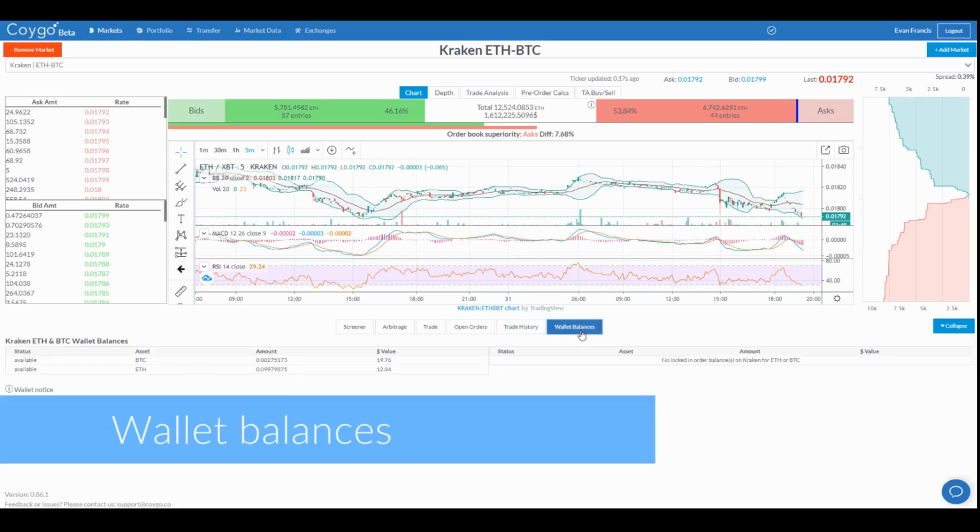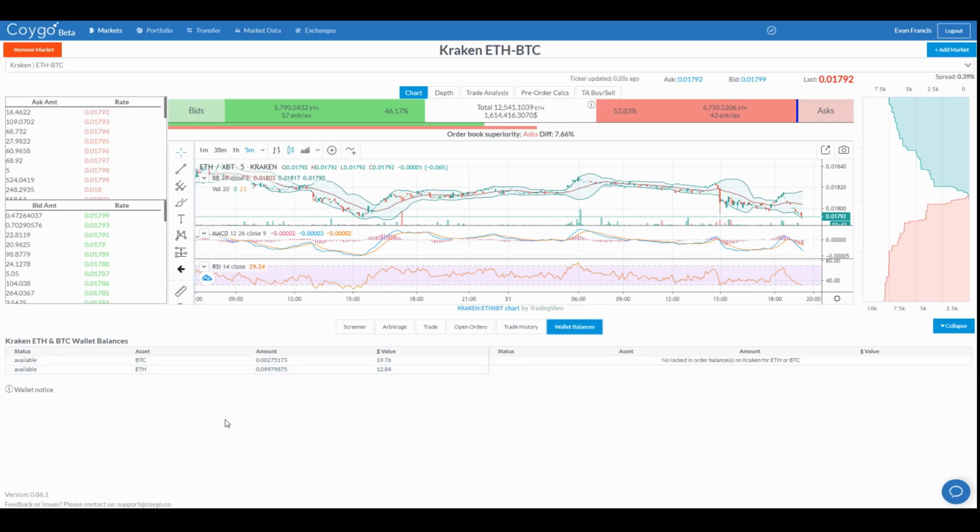And the last tabular view is the wallet balances. So this will show any relevant wallet balances. Since we're looking at the Ethereum Bitcoin market, it's going to show us any wallet balances on Kraken for Bitcoin or Ethereum. And these are the free balances, and these are the balances locked up in orders. Since we have no money locked up in orders right now, all of our Ethereum and Bitcoin is currently free